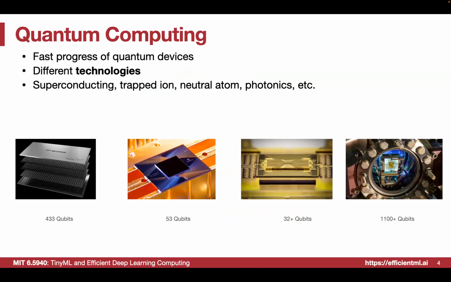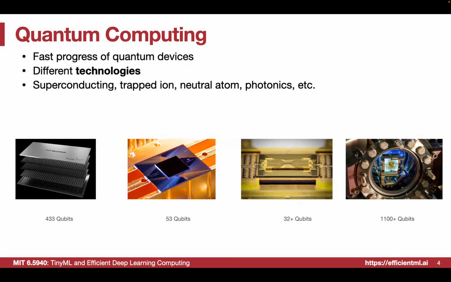So with several different technologies, for example, IBM's superconducting chip and Google's superconducting chip, we also have the chips from IonQ, which uses trapped ions, controlling the ions in a linear trap to do the computations. And finally, we have Atom Computing. Basically, they use neutral atoms in a vacuum chamber, and we can control all the qubits with lasers. So we can see many different technologies.